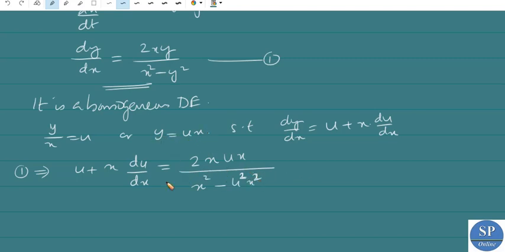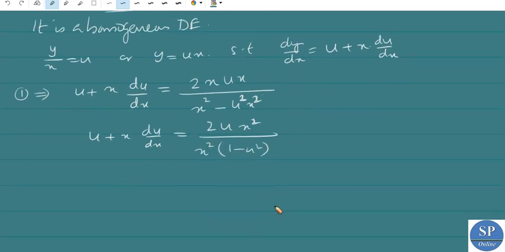So this is u plus x into du by dx equal to 2u x square divided by x square into 1 minus u square. Dividing by x square, we get u plus x into du by dx is nothing but